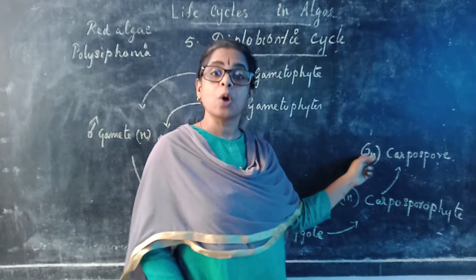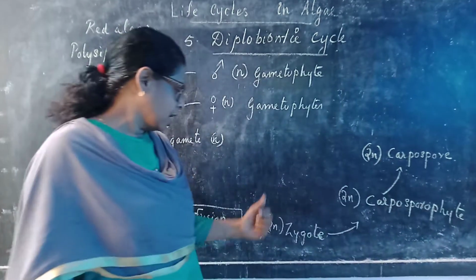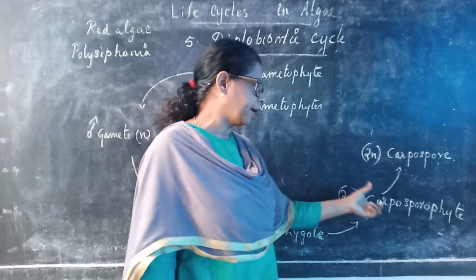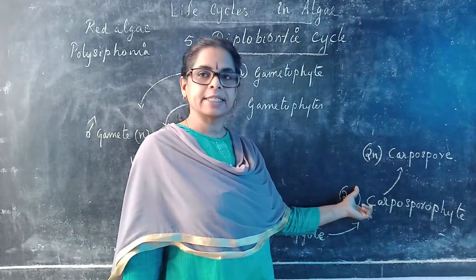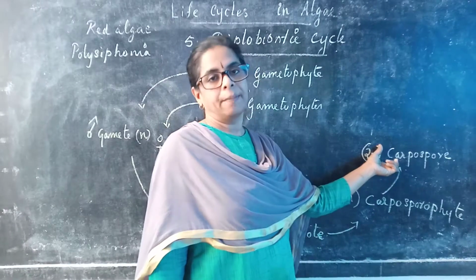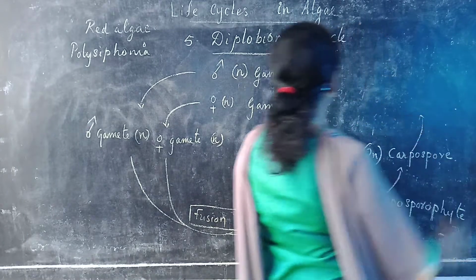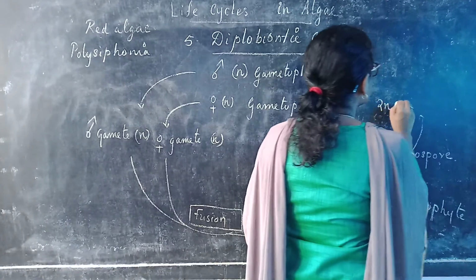So there is no reduction division here. So it's very important. Zygote is the first diploid cell, and the zygote on direct germination gives the first diploid stage, that is carposporophyte, and that reproduces by diploid carpospore, and this carpospore on germination gives the second diploid sporophyte,